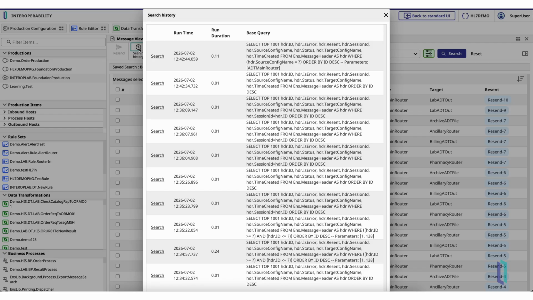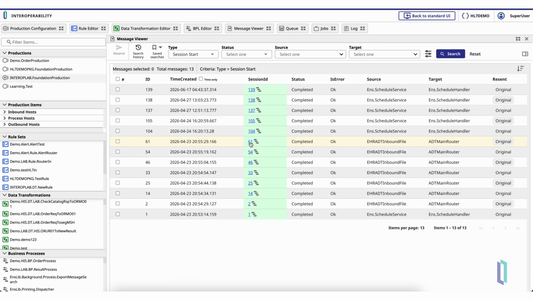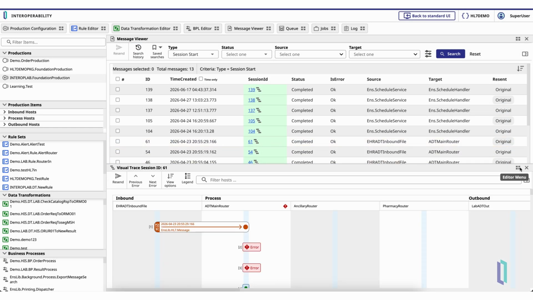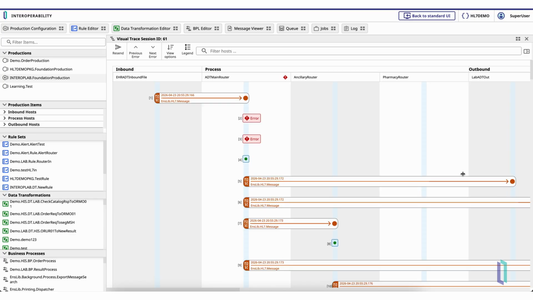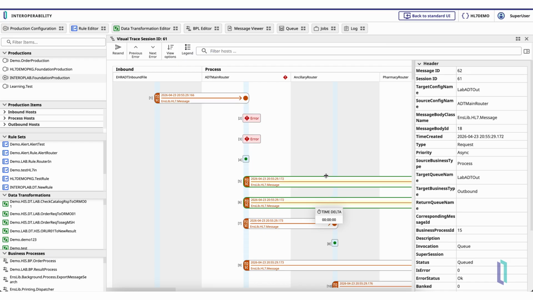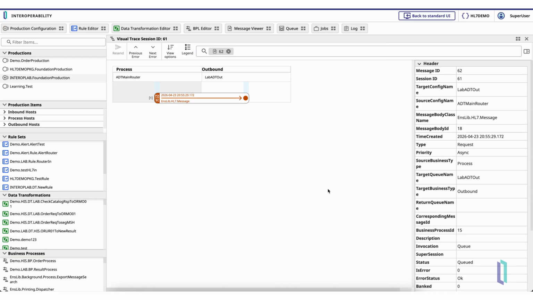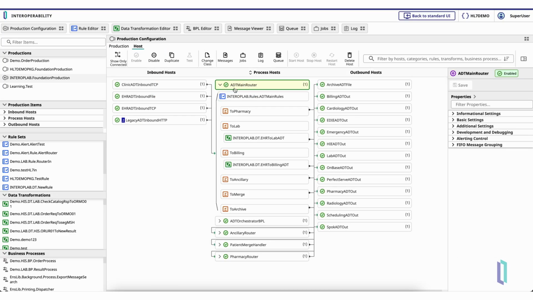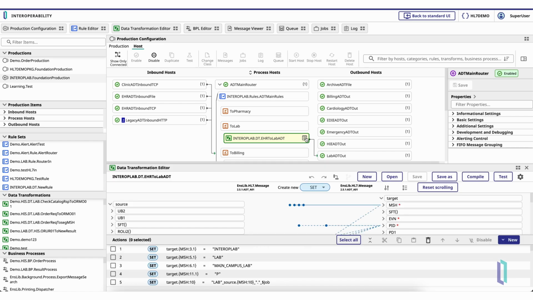Let's take a closer look at the updates that have been made to the visual trace. You can now view the time delta between two messages in a visual trace by multi-selecting the messages in question. This is done by holding down the Shift key while selecting Control or Command depending on your device. Additionally, right-clicking on a message in the visual trace now allows you to filter the trace to show only messages corresponding to that message. Next, we will walk through the improvements to the editors in the production configuration screen, starting